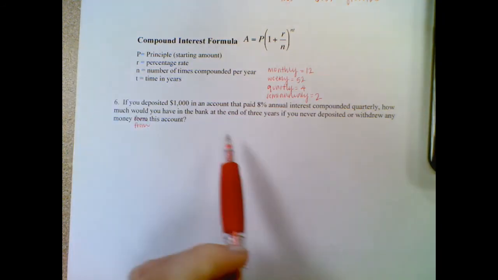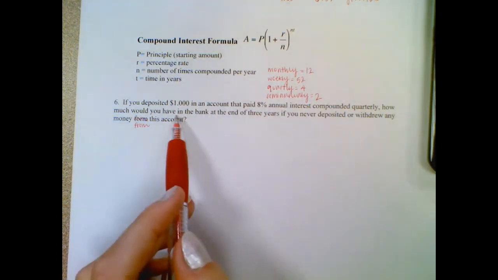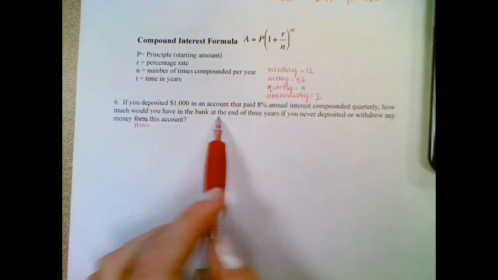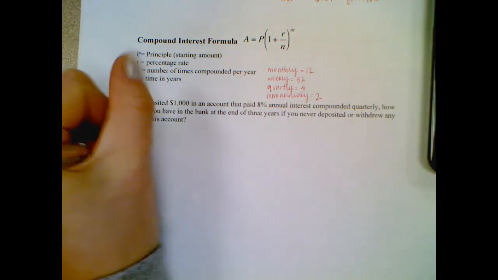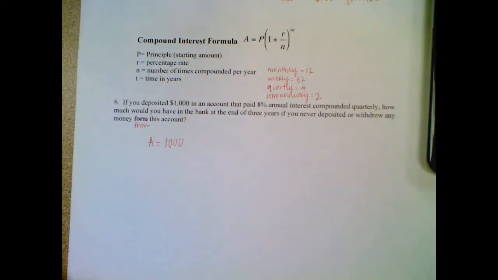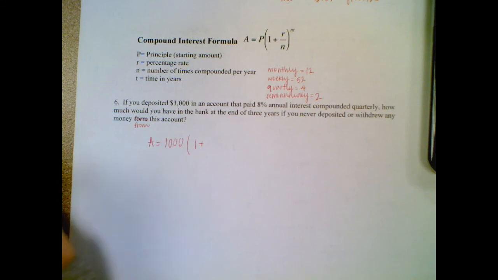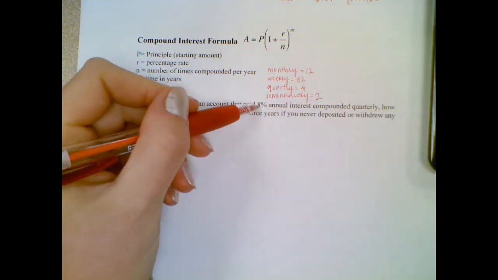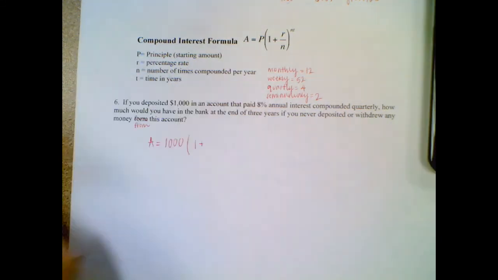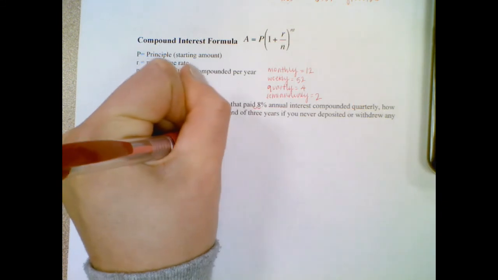So let's see here. All right, so we need to find how much money in the bank you will have at the end of the 3 years. So we don't know what A is. We need to figure that out. That's our final amount. We start with $1,000 that we deposit into the bank. 1 plus the rate at which our money is growing. We have an annual interest rate of 8%. So as a decimal, I would move that 2 spots to the left. So 0.08